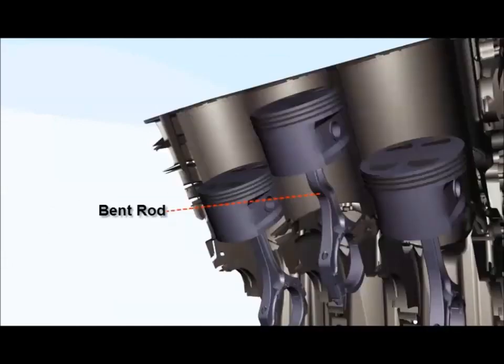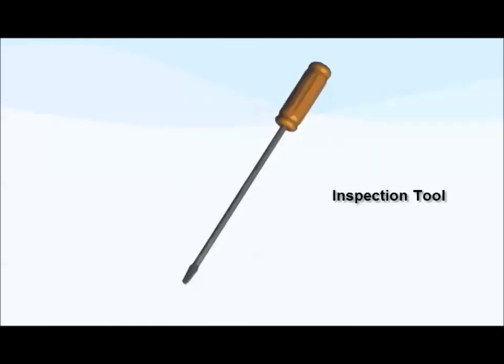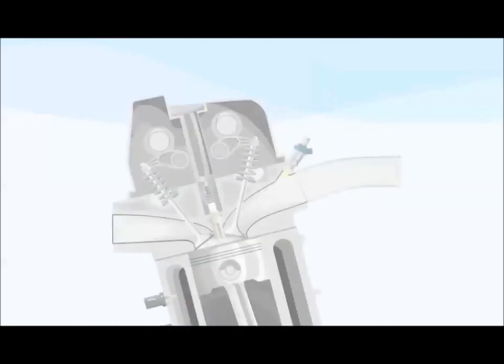Earlier, if the connecting rod is bent, the piston sits lower in the cylinder at top dead center. To find this fault, use a long shank screwdriver to compare piston height at each cylinder. During the check,